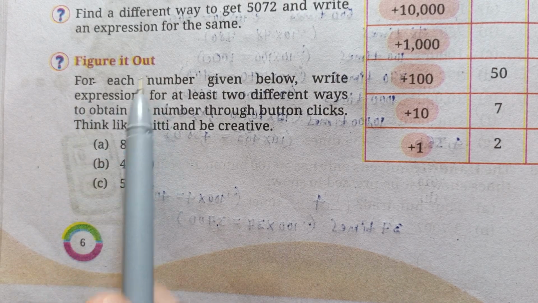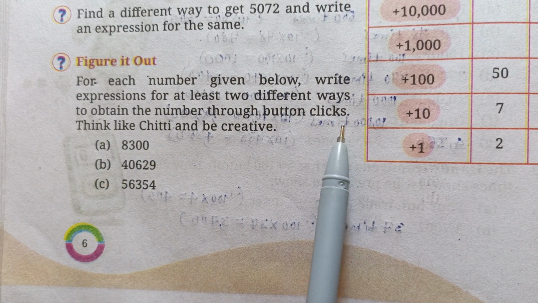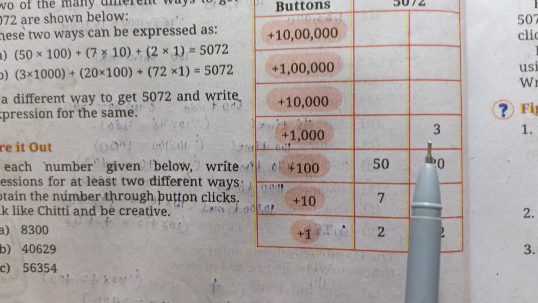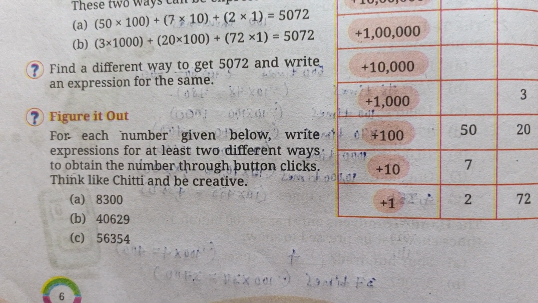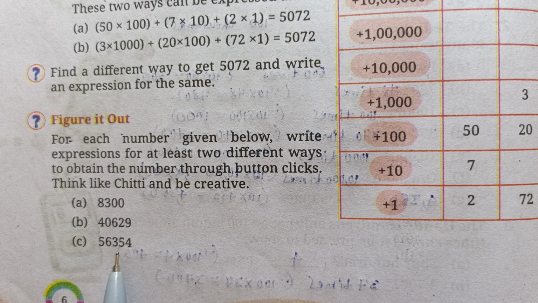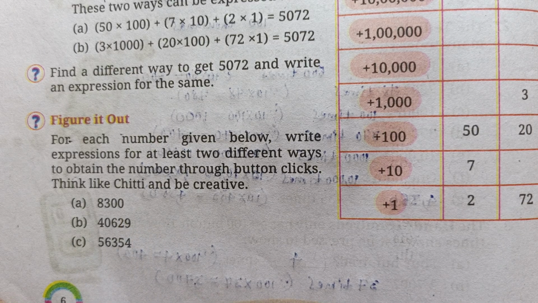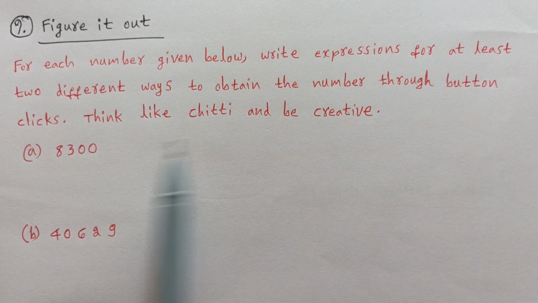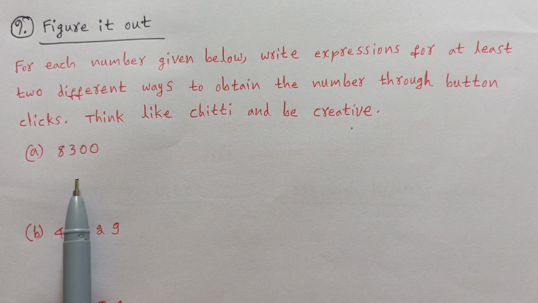So next, figure it out. For each number given below, write expressions for at least two different ways to obtain the number through button clicks. Just like the earlier example of getting 5072 by pressing different combinations of the buttons, here also for the given numbers, we have to represent them in at least two different ways. So first one, 8300. To obtain the number through button clicks, think like Chitti and be creative. So here, first one, if you take 8300,